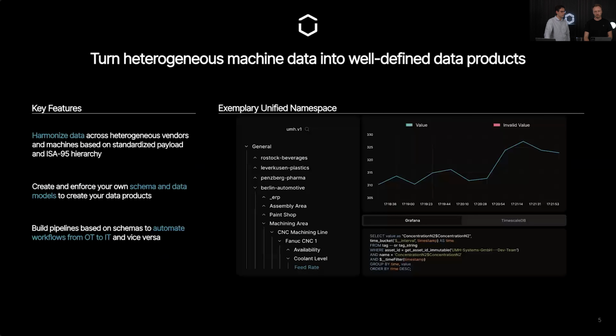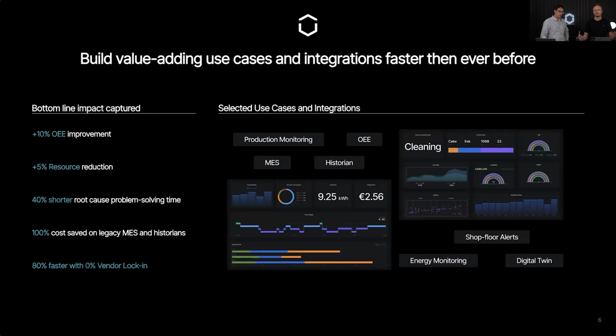And with this, we then pretty much define the unified namespace. Here on the right-hand side, you see a little bit of an example of the classic ISO 95 hierarchy that you can build up, starting with enterprise, site, production areas, production line, machines, and so on, down to the sensor level. Standardizing, modeling the data on the way there. So at the end, it's very easily reachable in the database or within Kafka for real-time data. And then this is pretty much the groundwork that we do to build up the use cases, which can span from simple condition monitoring, KPI tracking, alerting, up to really more complex MES applications if you really want to go into the nitty-gritty of system integration.